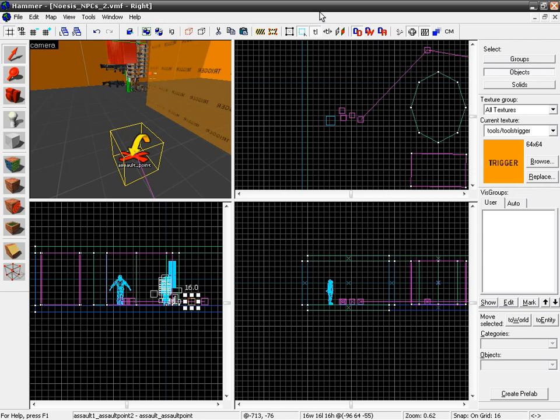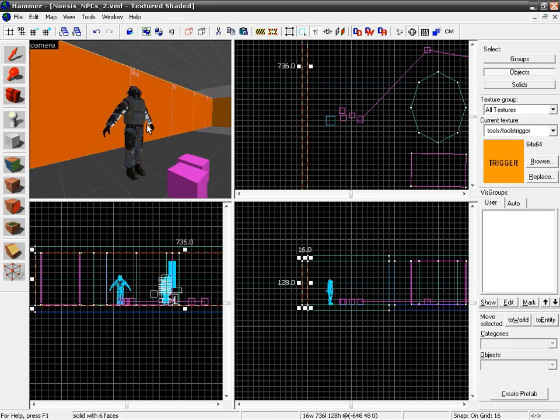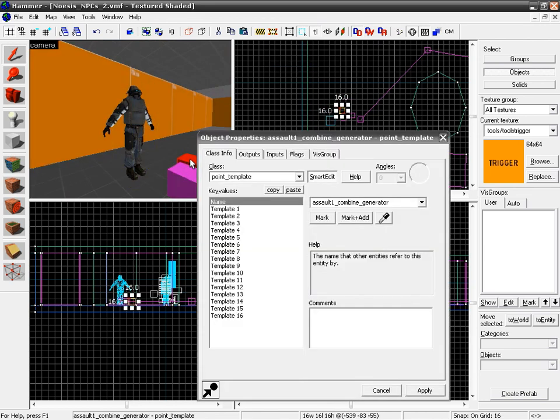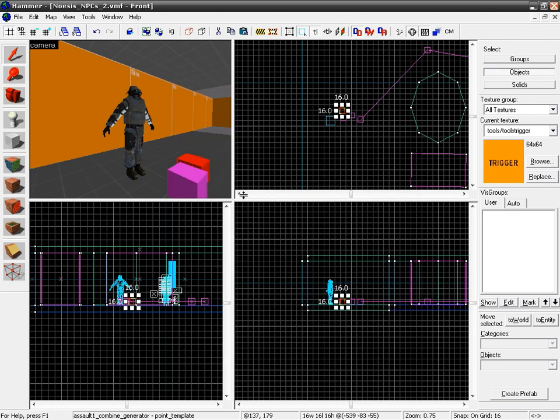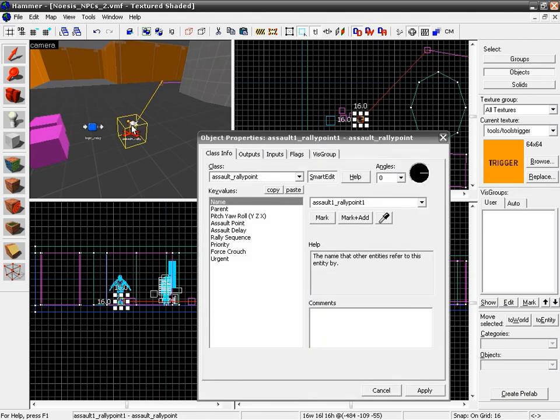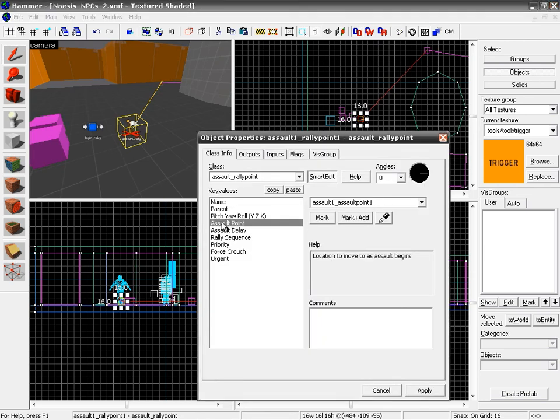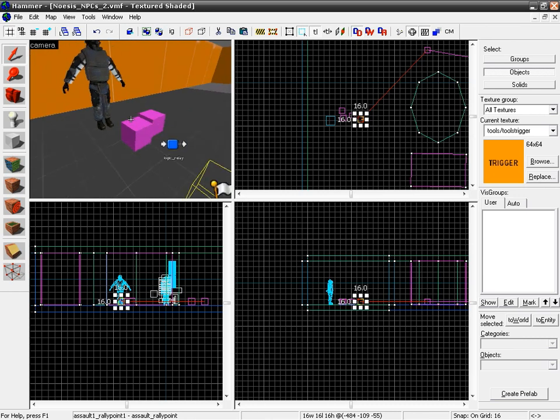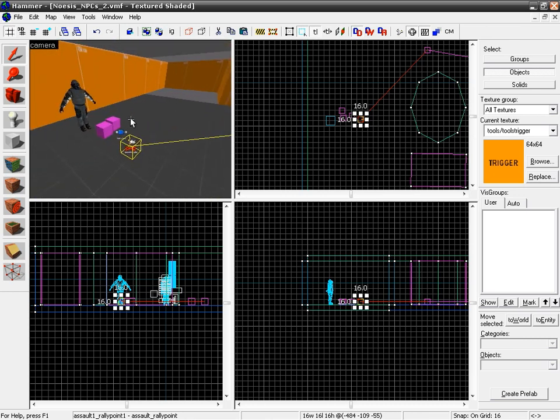If we added more guys, duplicated them, and adjusted the point template to produce more, we could set up additional rally points, additional assault points using the trusty wildcards. And they would all go to their assigned rally points and assault points. So experiment with that. Try making groups of guys all assault different directions. I mean, you could surround a player and give them a lot of trouble. So that's NPCs, generating different NPCs and generating them with a little more intelligence than normal. But there's a lot to AI, so take a look